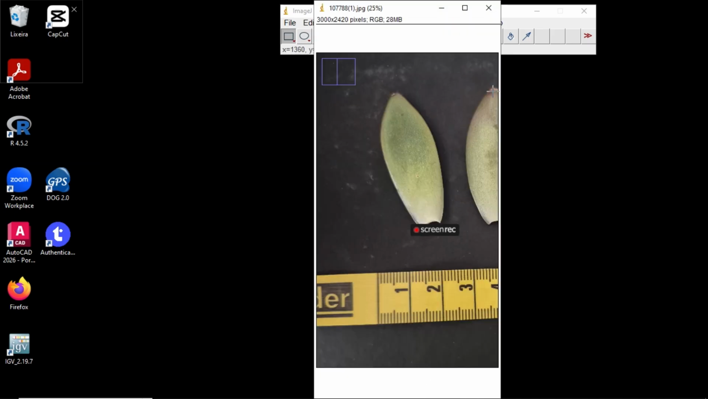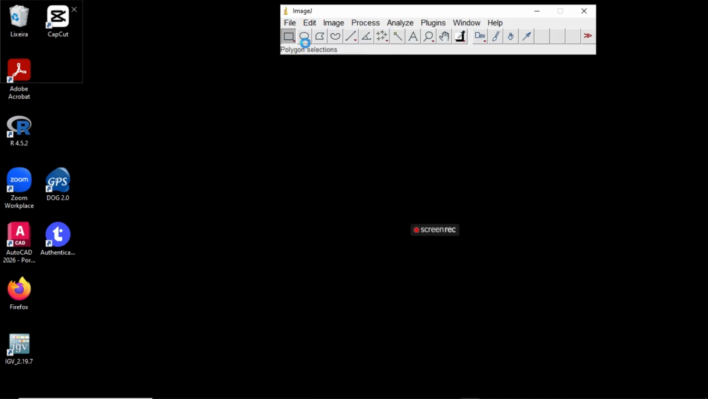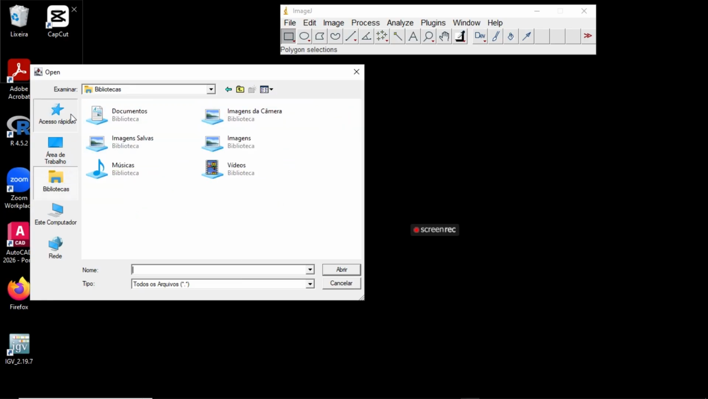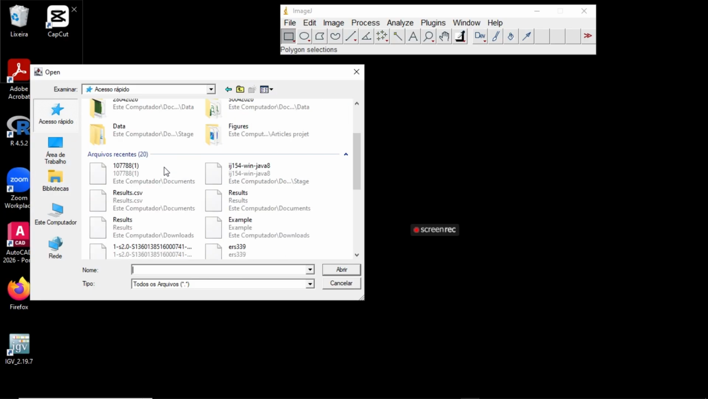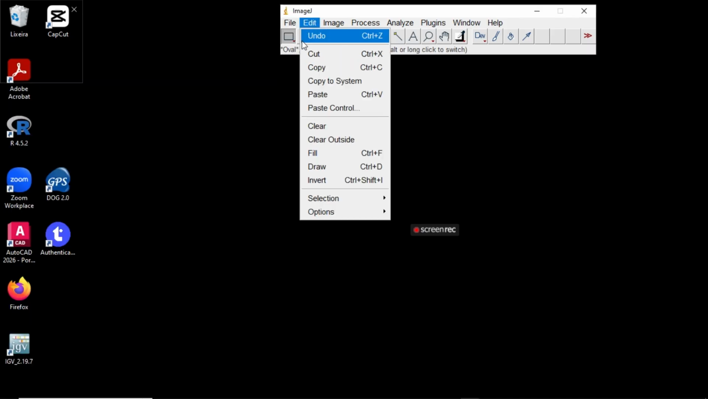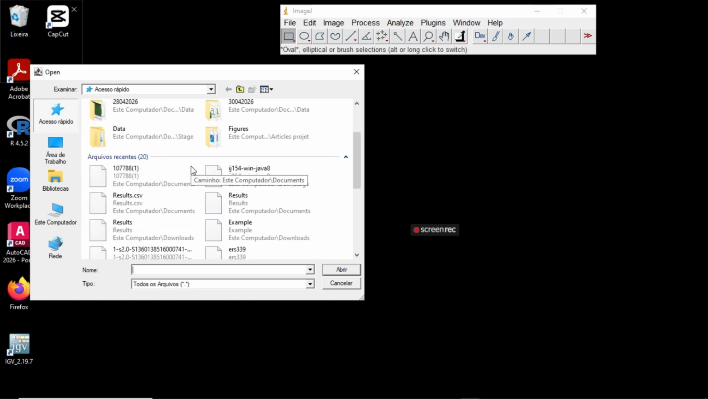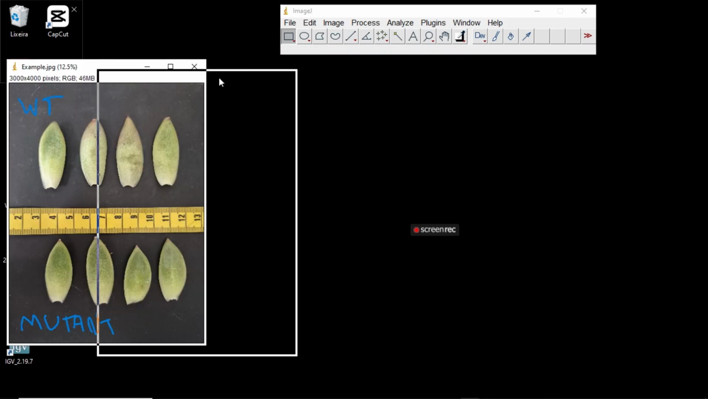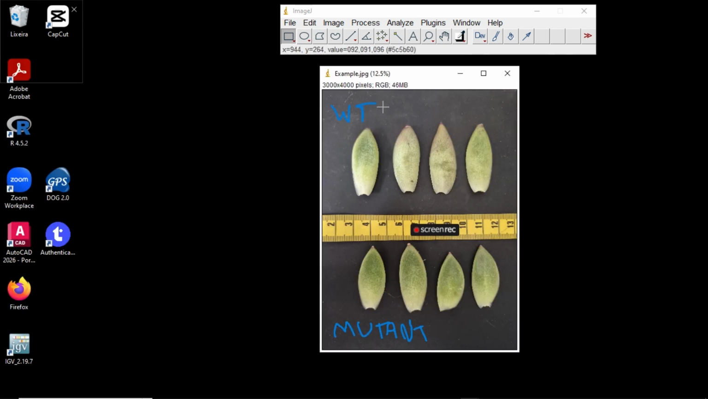So for this image, actually I want to select another one. Not this one. This one. Okay. Here I want to measure the length of each leaf and compare the means of wild type and the mutant. So,